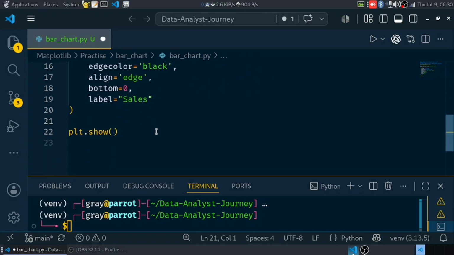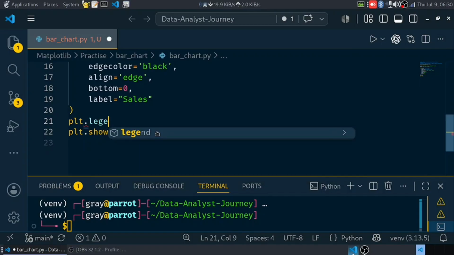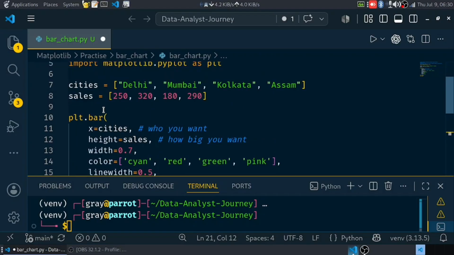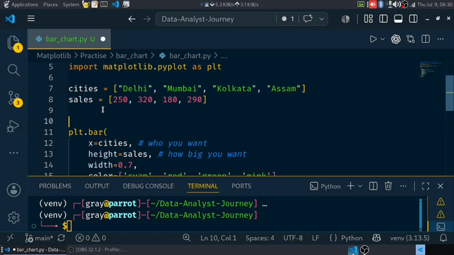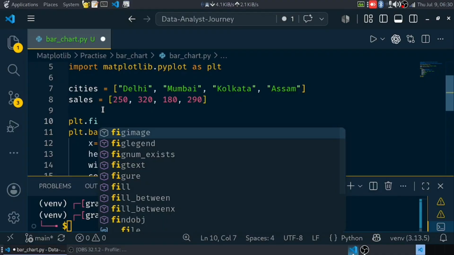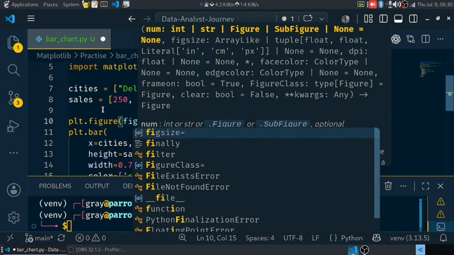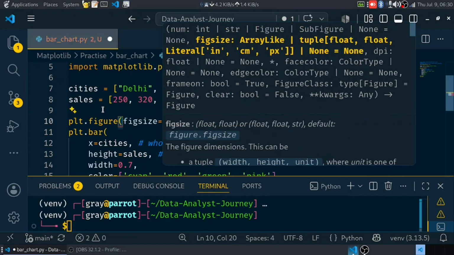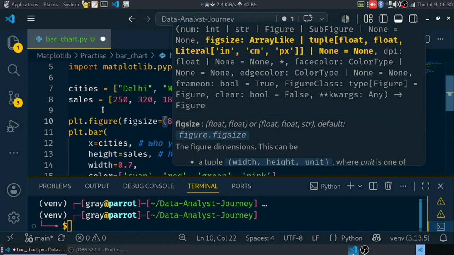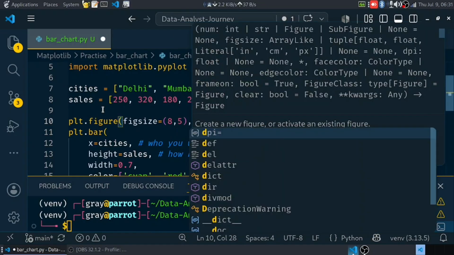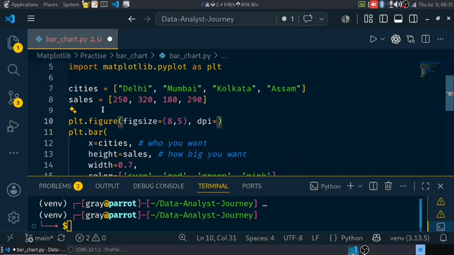So I need to do plt.legend here, and then I might want to give a plt.figure, and then I say I need a fixed size of 8,5, and then I say I need a DPI of 100,